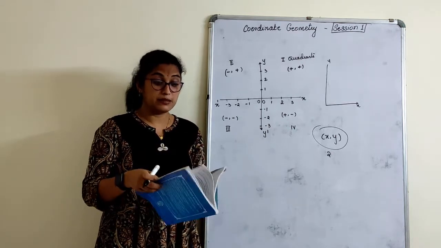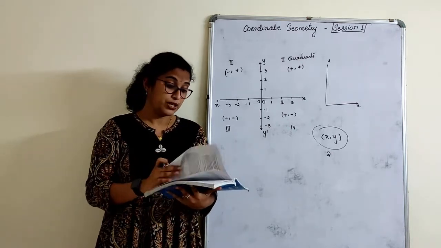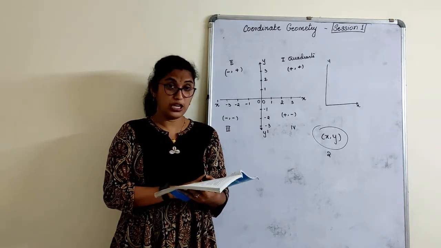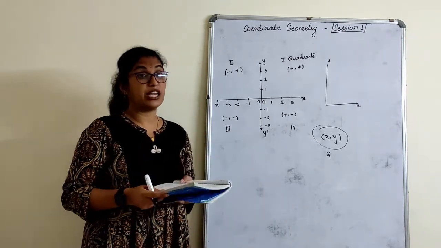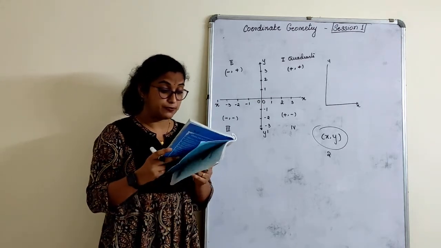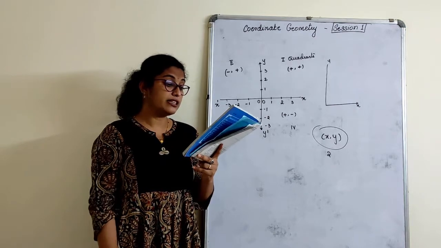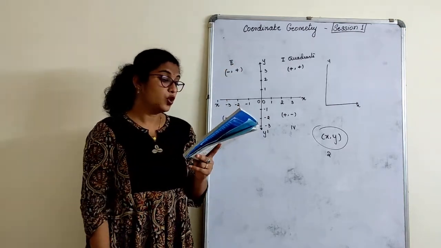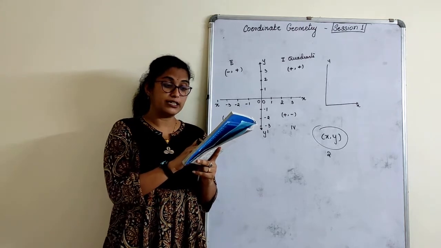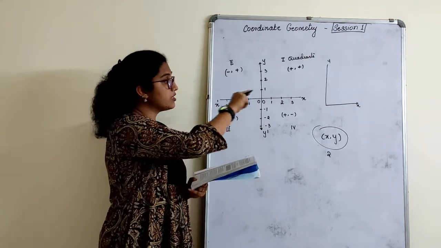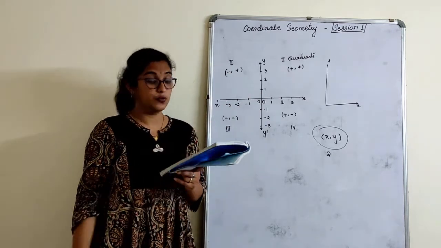Apart from that, there are some points you have to write. So come to the last exercise of this chapter, where they have given the chapter summary. Which points do you have to write in the chapter summary? First point, you can write this in the rule sheet part. To locate the position of an object or a point in a plane, we require two perpendicular lines. One of them is horizontal and one of them is vertical.